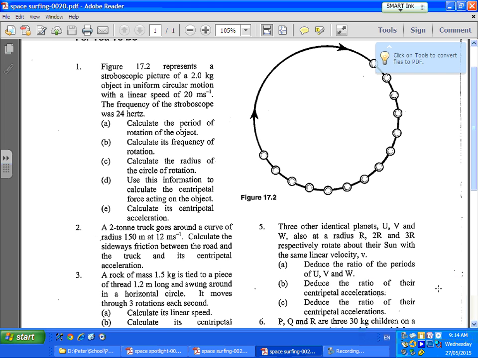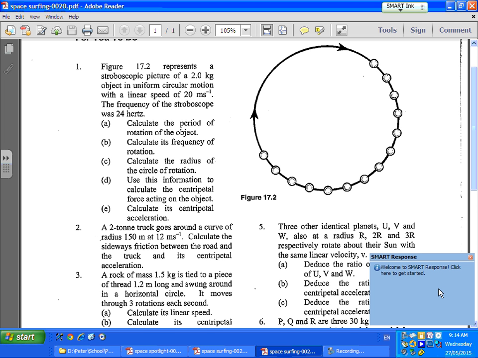So grab out your sheets. The page I'm looking at, guys, you have exercise 17, centripetal force, and it talks about centripetal force. Please realise